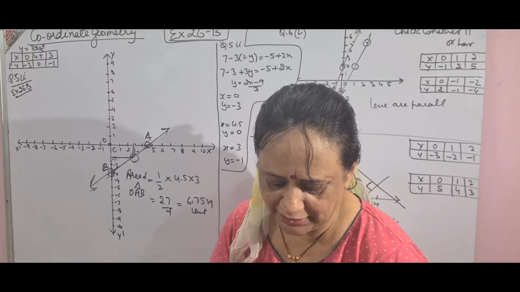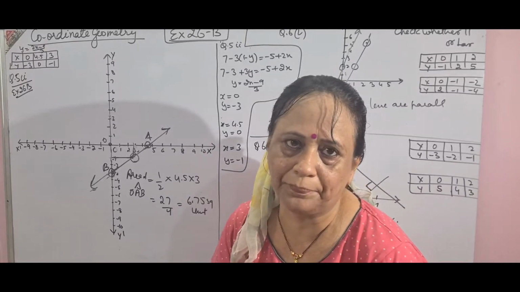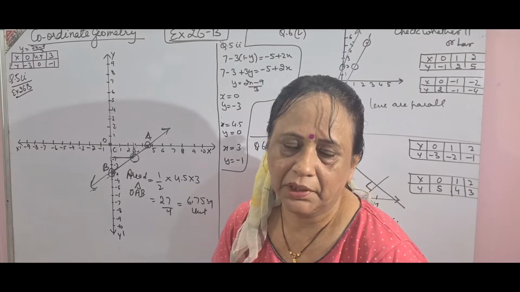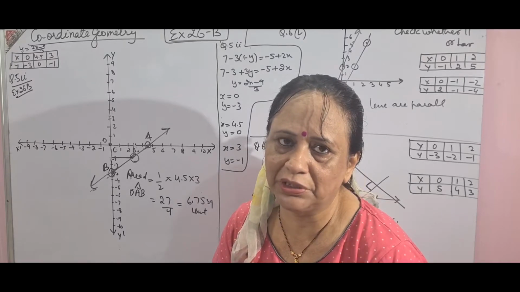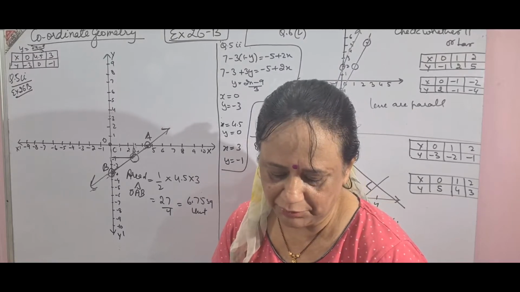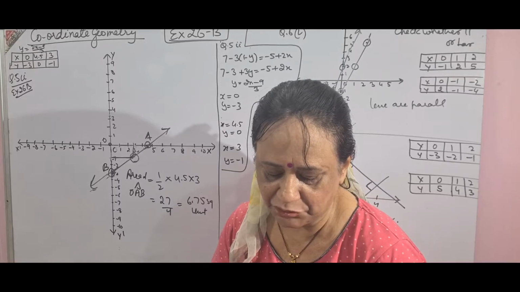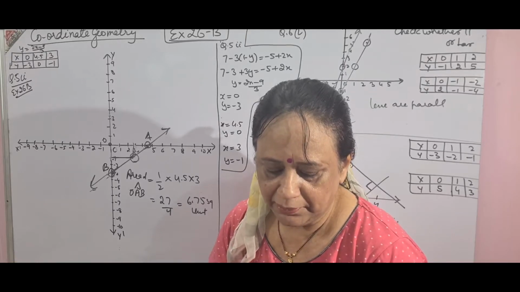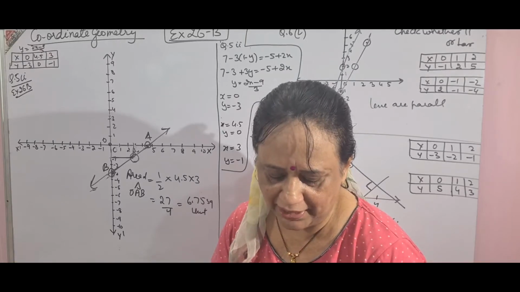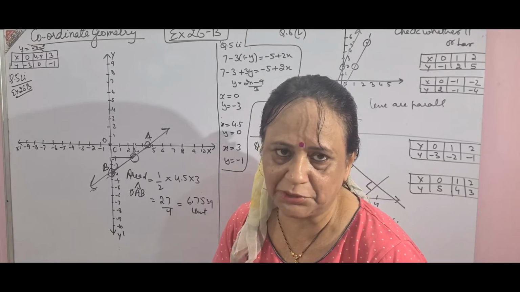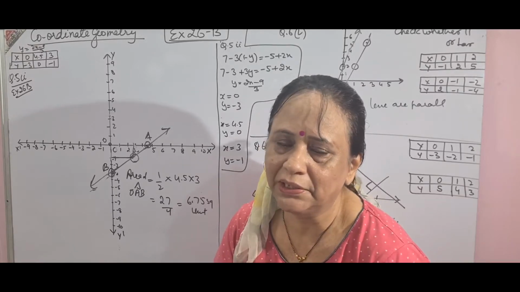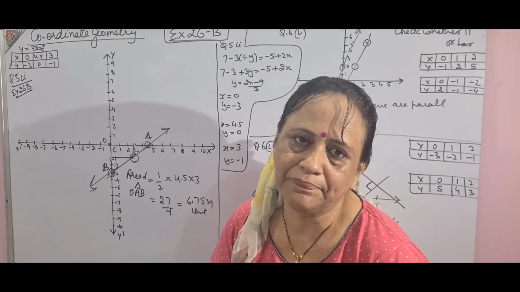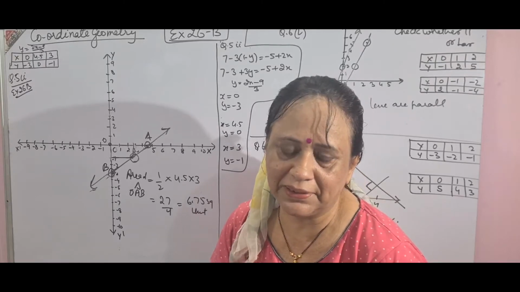Then question number 4 is actually same as question number 2 of 27 exercise. I have discussed this question in the video. You can see that video for reference. Question number 2 of exercise 27 is exactly same as question number 4 of 26b. So you don't have to do both the exercises. You follow one question from both the exercises and the method is same.